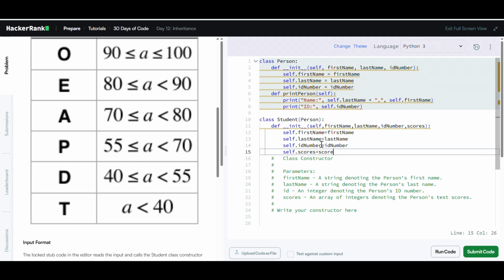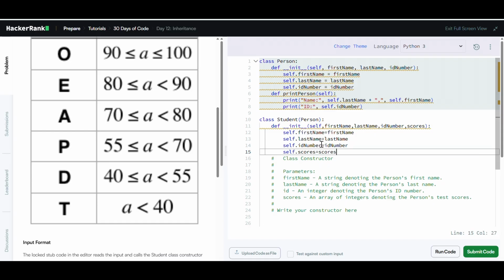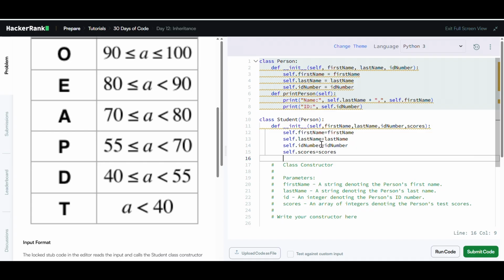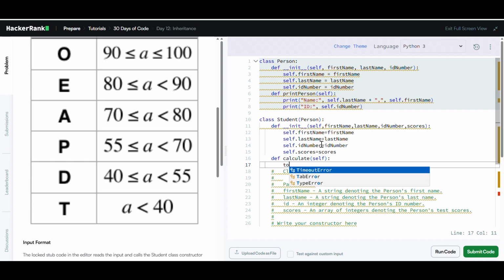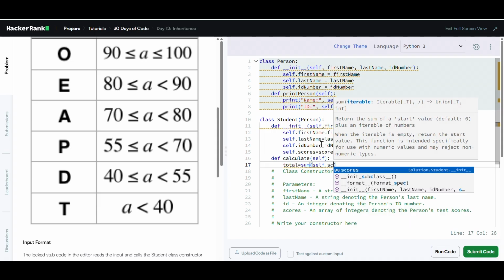After that, we need to write the method calculate. def calculate(self). Here, first we need to find the total, which is the sum of self.scores.